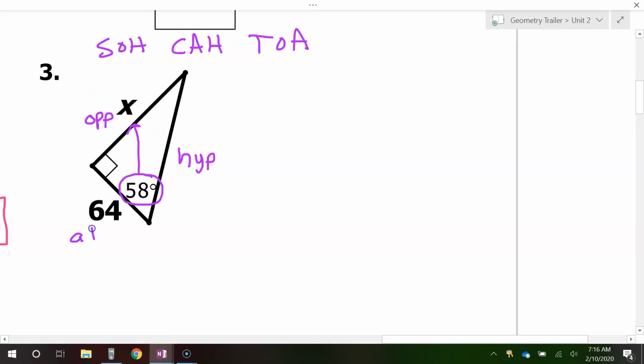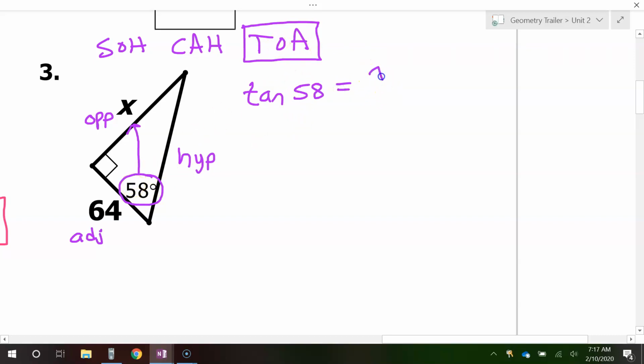The other side is the adjacent side. So what are the two sides we're dealing with? Well, x is opposite, 64 is adjacent. Nothing's going on at the hypotenuse, so it's just opposite, adjacent. Which trig function is that? Well, tangent is opposite over adjacent. So let's start off by writing tangent of the angle that we circled, which is 58, opposite over adjacent,